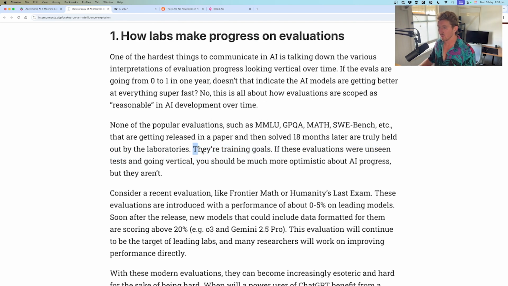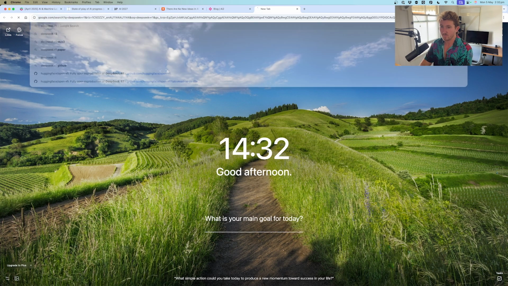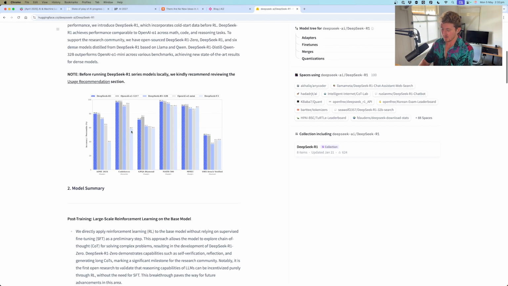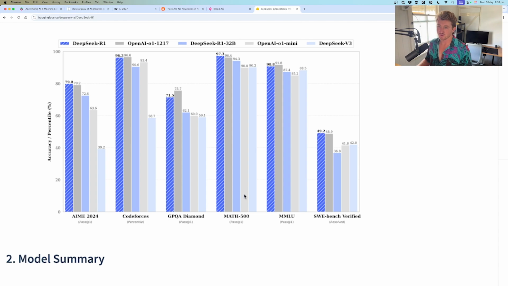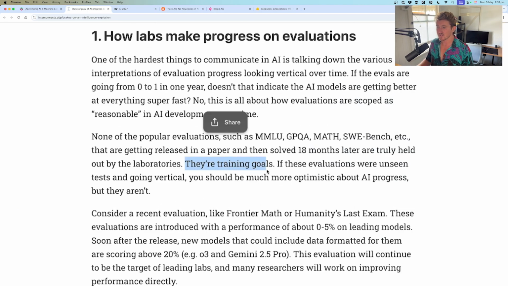What happens if you release a big benchmark that generally everyone looks at, and then a bunch of new research papers come out and say, here's my model. So if we go to the DeepSeek R1 Hugging Face page, this is the graph we all see, right? The benchmarks. Of course, benchmarks are really important to troubleshoot your model. And this is what you'll often see. A new foundation model comes out, and look, we improve by 1 point over all of these other big models on these benchmarks. But what Nathan is saying here is that once a benchmark comes out, they become